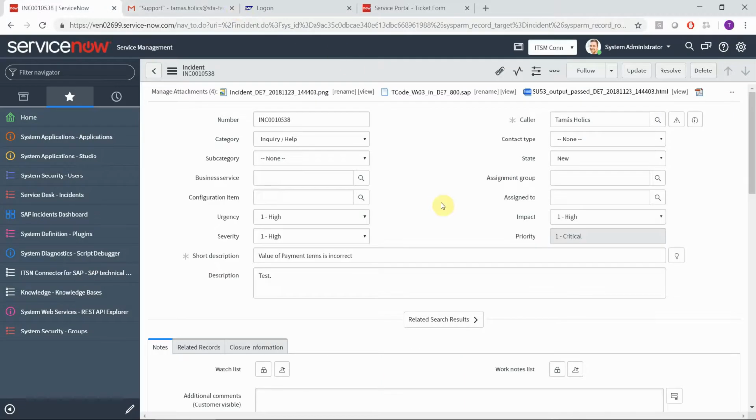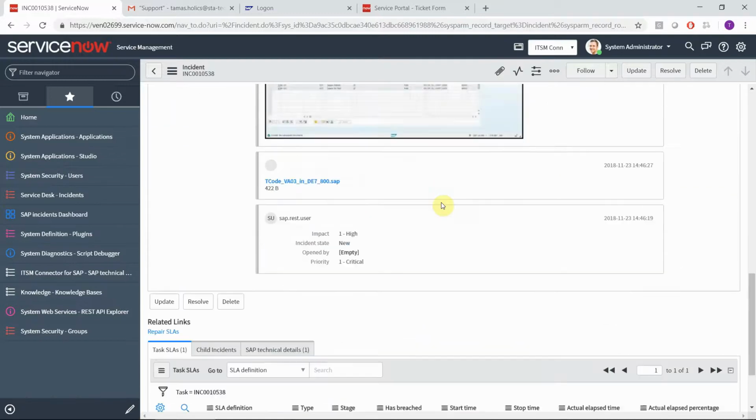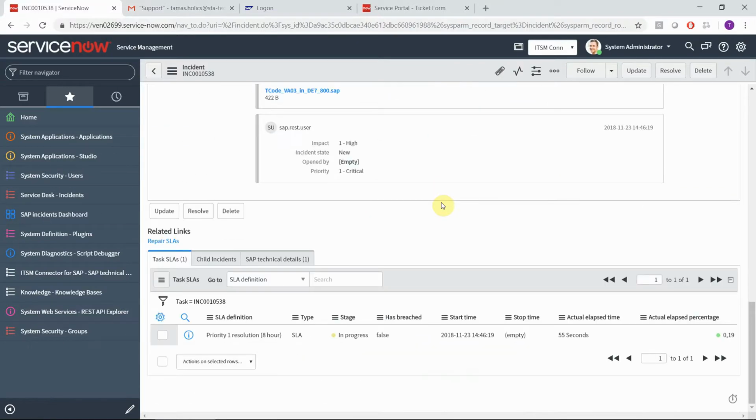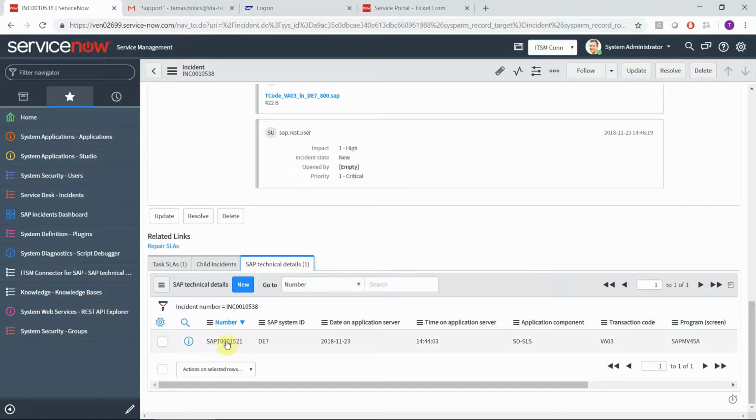Alright, so let's jump to the next interesting thing, which is down here below. You remember we have an optional ServiceNow add-on, which is, by the way, certified by ServiceNow, and if you install that on your ServiceNow instance, then you will have one extra tab here, SAP Technical Details. If you click on that, you can see one record, which shows you the system ID, date and time, transaction code, and the most important things here. However, if you click on that,